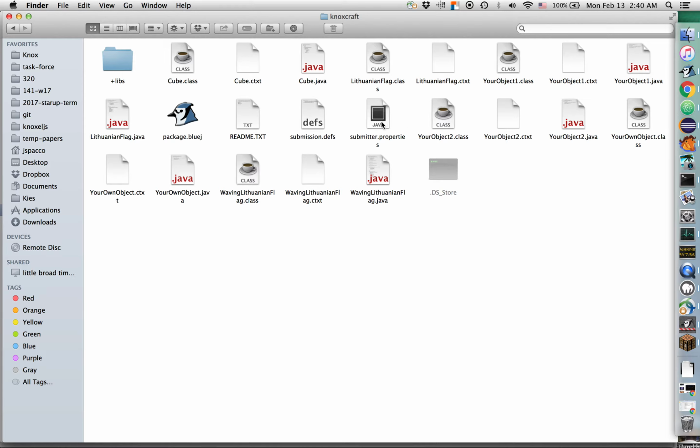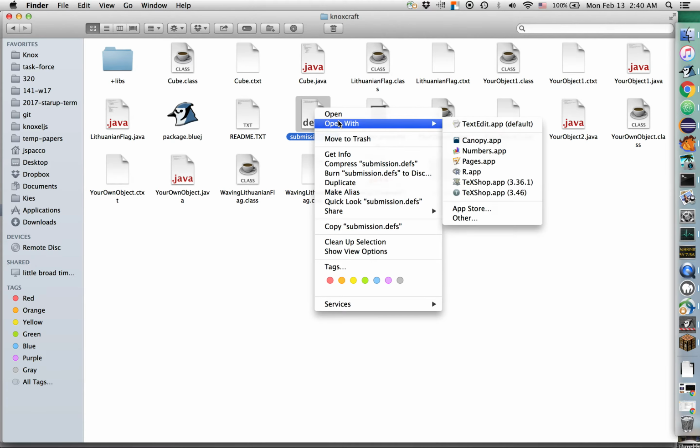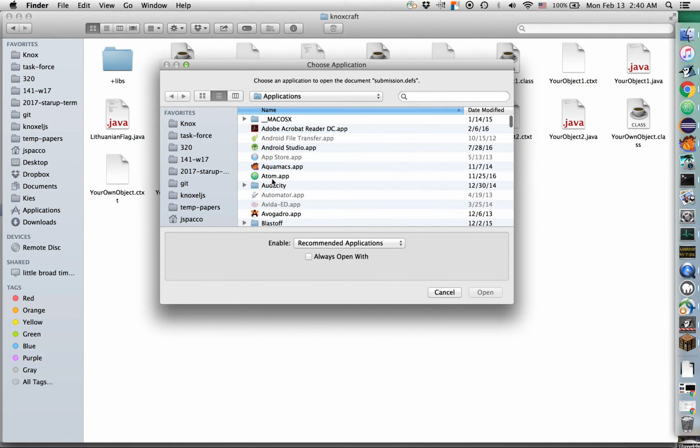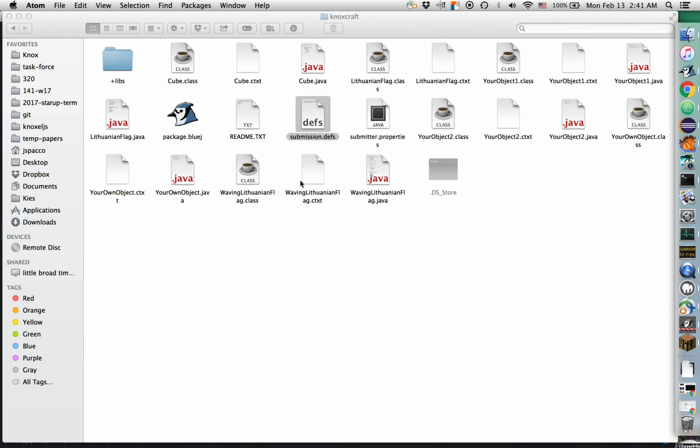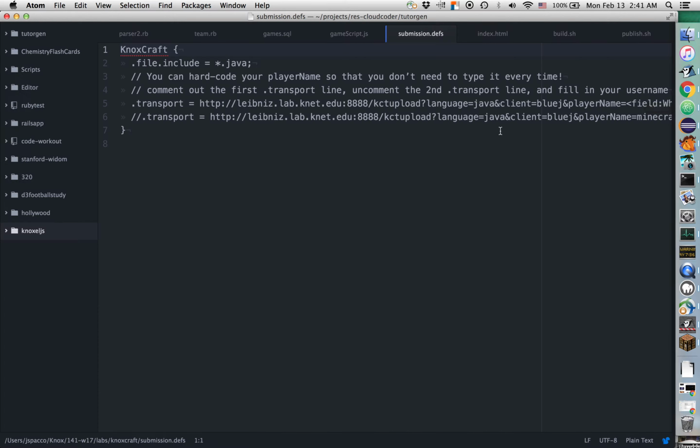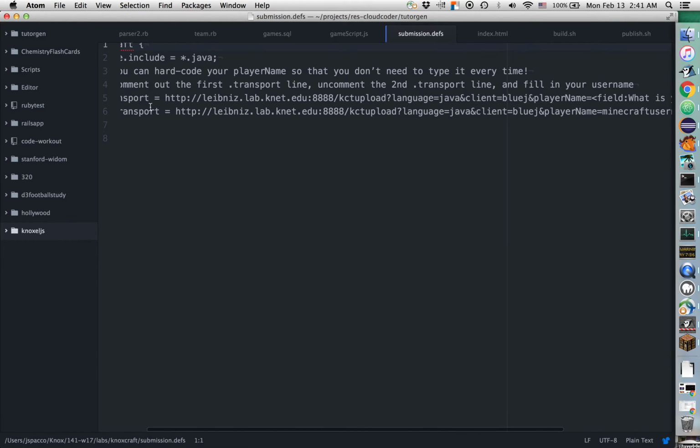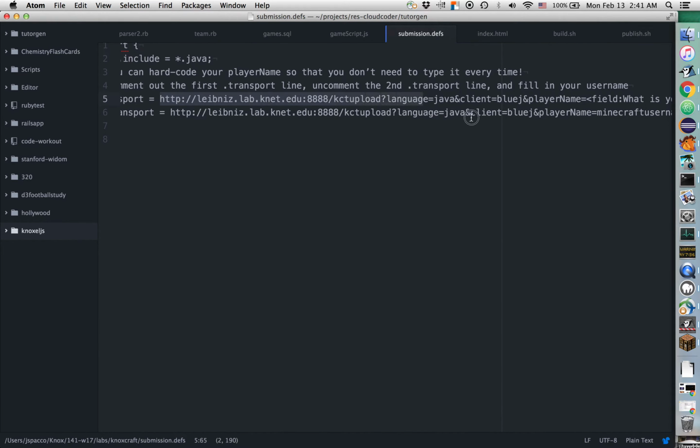You go in here, you'll notice you've got this submission.defs, which I'm going to open with Atom, which is my text editor. There we go. So this is just telling BlueJay what to upload, what to do. So .transport, these // lines have been commented out. So you can see this has all been pre-configured,